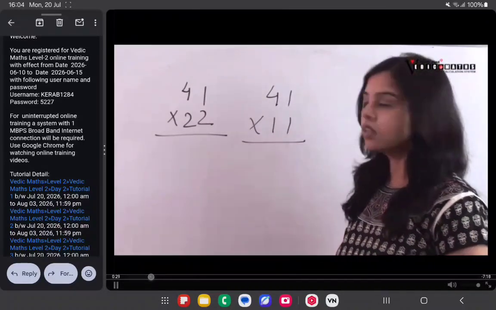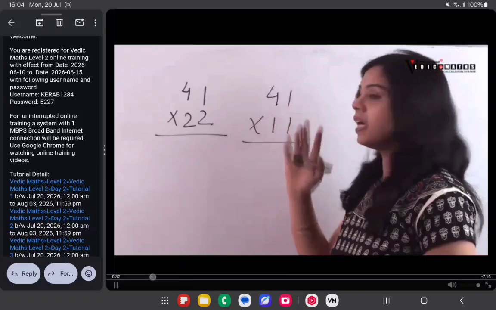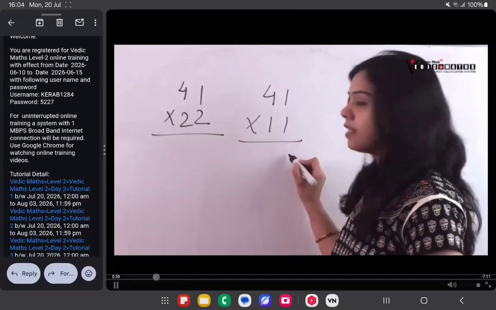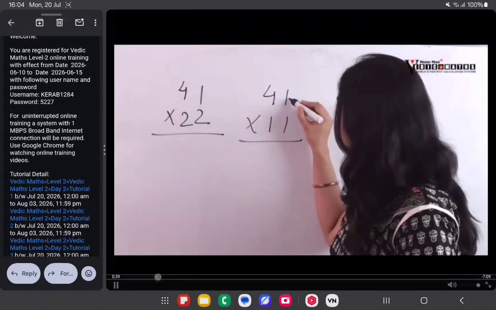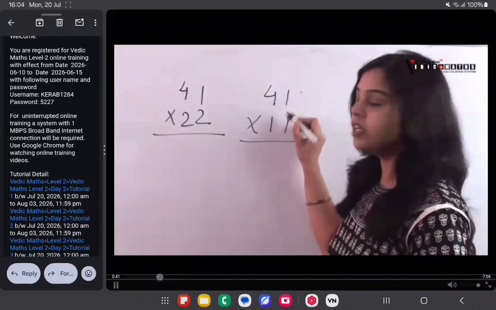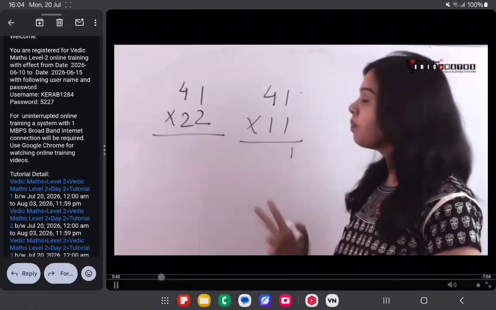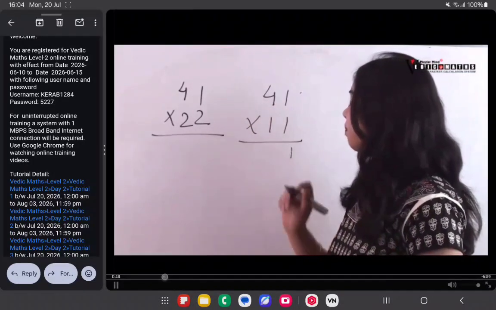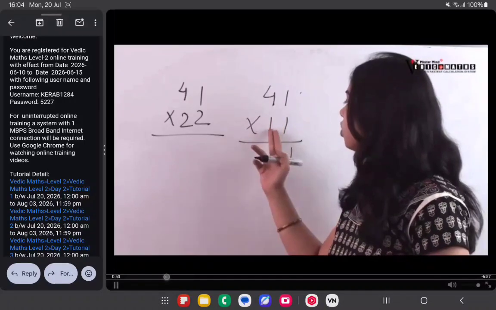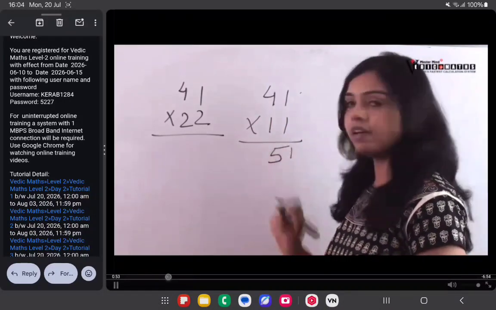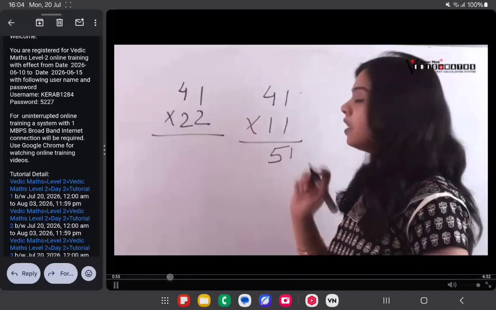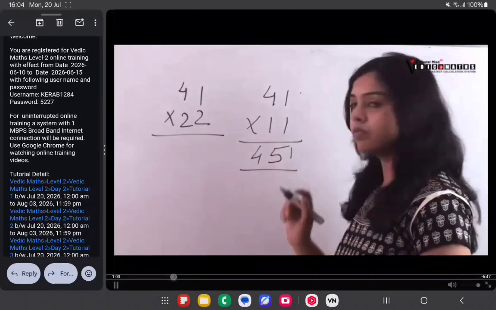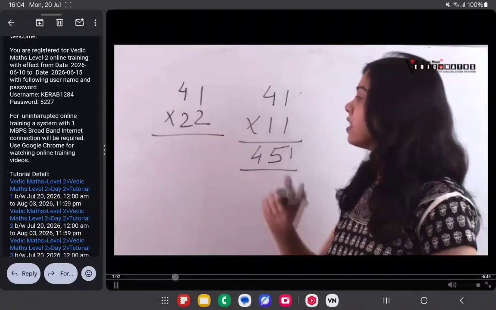We recall it. If we are doing multiplication by 11, our process is we can write the first digit as it is. First digit into 1: 1 into 1 is 1. Then we add these two digits: 4 plus 1 is 5, and we paste it. 5 into 1, that means 5. Then the last digit as it is, 4 into 1, that means 4. So let's see this example.